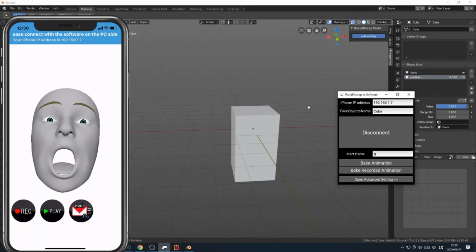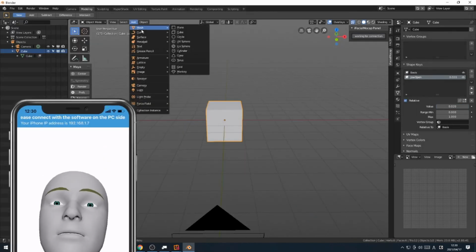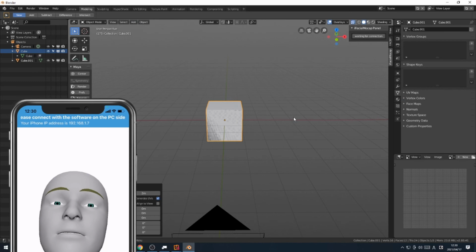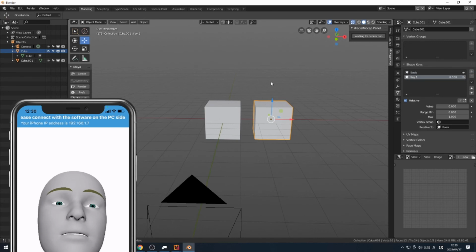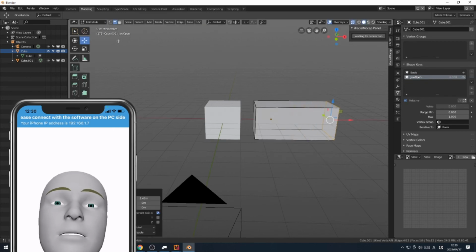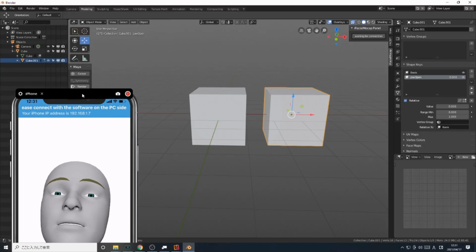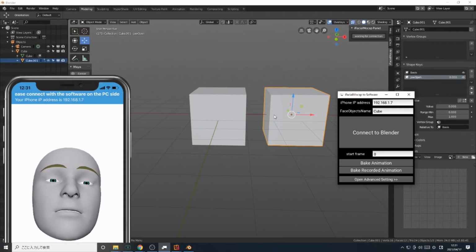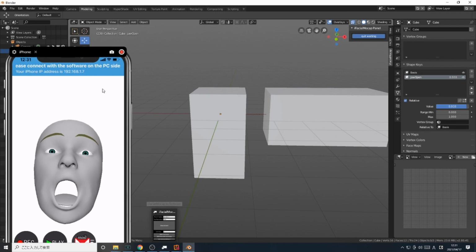Now let's explain how to move multiple objects at the same time. Create another cube from the mesh. Here, I created another shape key in edit mode. Let's name this shape key also Jaw Open. Transform it in edit mode to the right this time. I made this cube, 0.001, a child of the first cube. Then, it looks at the shape keys of all the objects in this cube hierarchy, and if there is a corresponding shape key, it will work. Press the Waiting for Connection button and then press Connect to Blender.